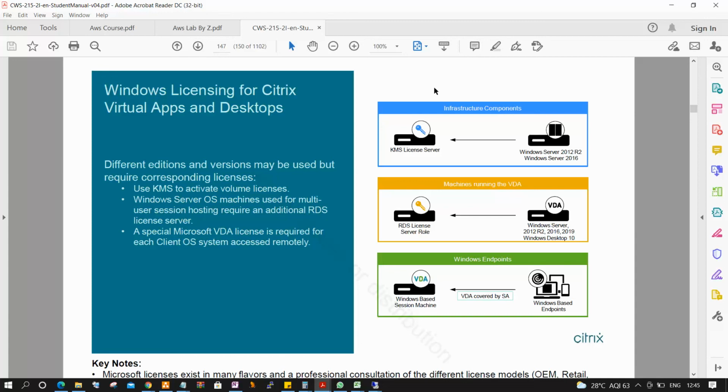Sir, I have doubts. Yes, please. Sir, we use this license only when we buy a Citrix product, right? No, these are default Windows licenses. Example, you have purchased a laptop and you are installing the operating system. It will ask for a license, right? Yes.